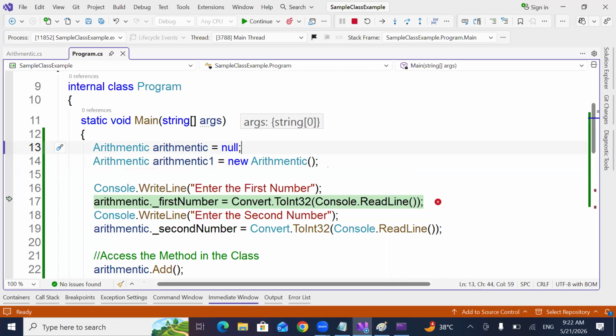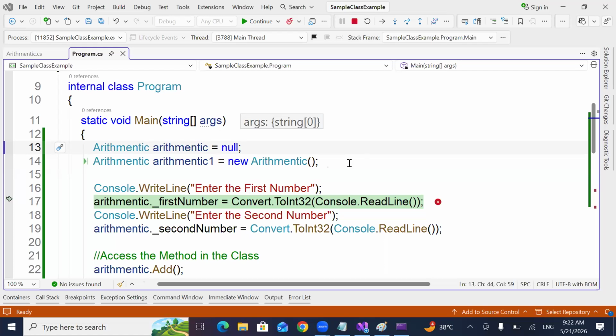While creating an object, there are 4 steps. One is declaring a variable. Second step is executing the constructor.